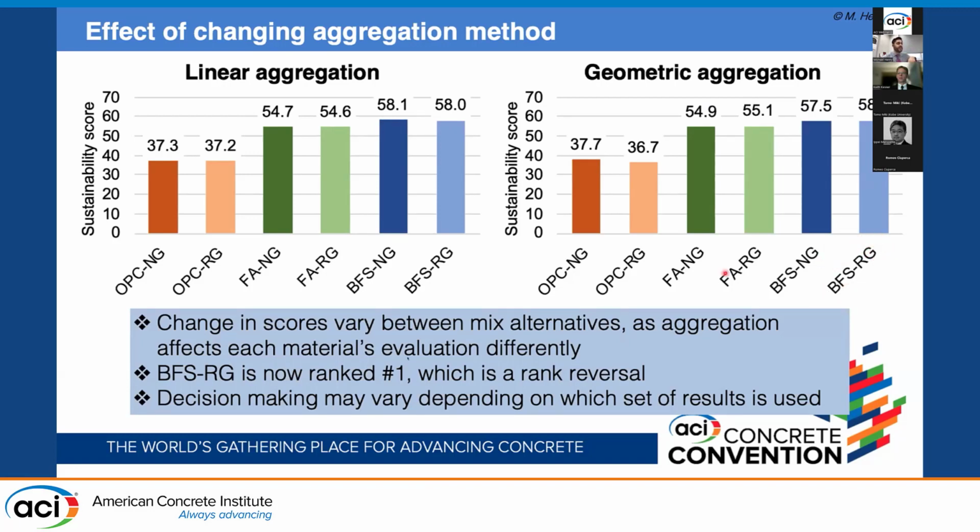A rank reversal, sorry. What this really illustrates is that in the process I showed, we have these different steps: indicator selection, data normalization, a weighting scheme, and aggregation. Choosing these methods involves methodological decisions about which method to apply at each step. If we change these steps, the results will change.